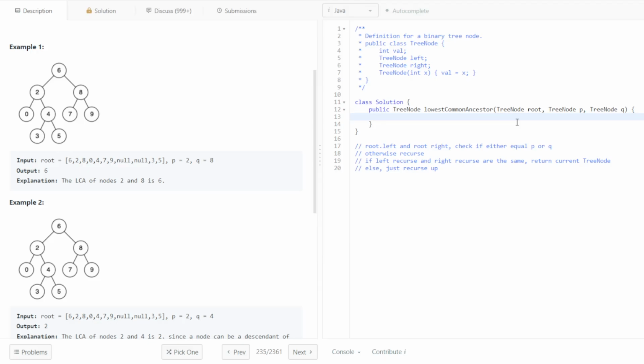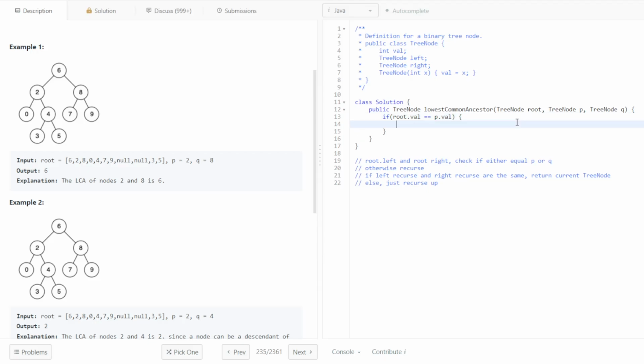So if we're just looking at the root, let's say if root.val is equal to P.val. Say that's the case. Then,